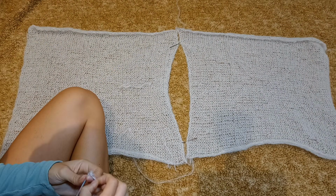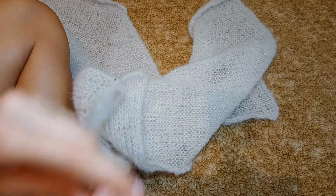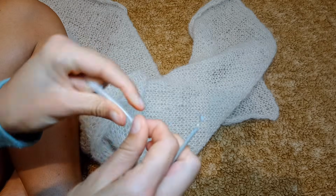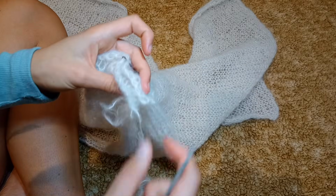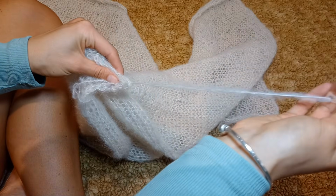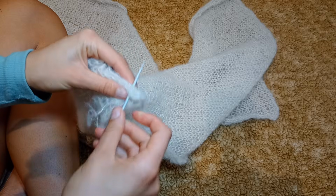Grab your yarn needle and the yarn that you've been using. If you know how to crochet, you can actually crochet these bits together and all the rest of the bits together as well if you prefer that, but I prefer using a yarn needle. So I'm just holding those two sections together. I've got the front panel and the back panel, and I'm actually using a tail from where we bound off